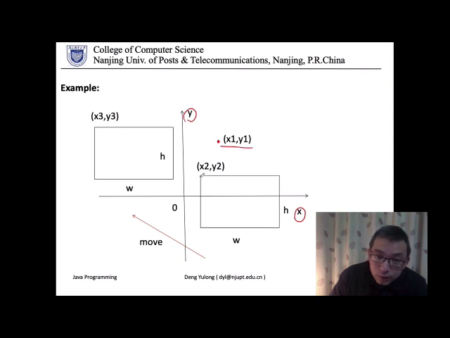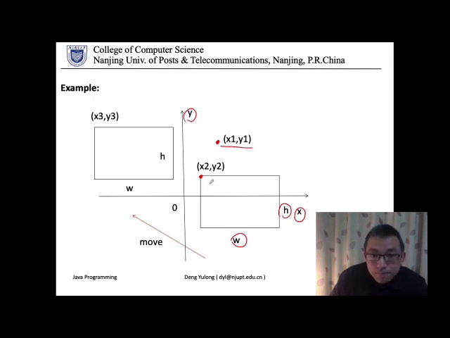Now let's see, we have a point. So the point is the top left point, and we have the width and the height. And now we have a rectangle inside our system. So we have a point item, and we have a rectangle item inside our geometric system, and we can do some operations on these